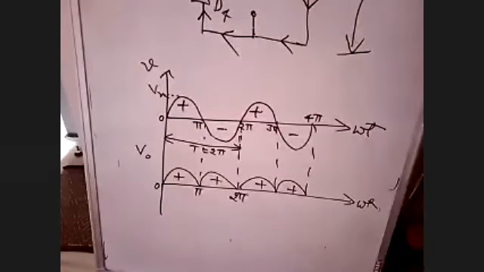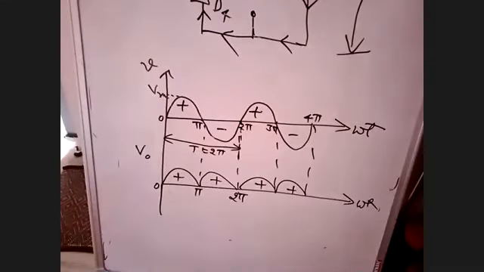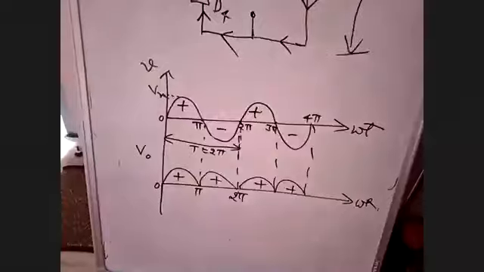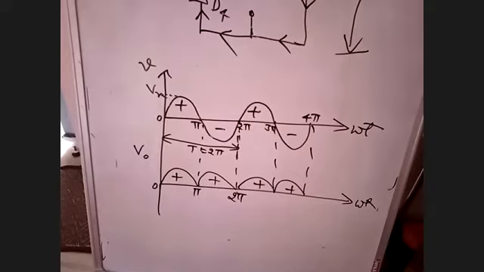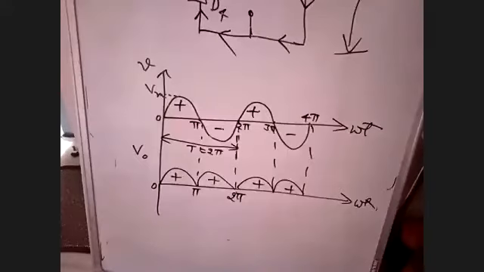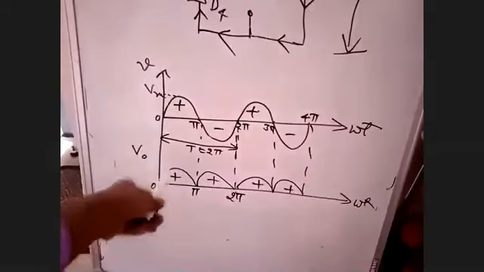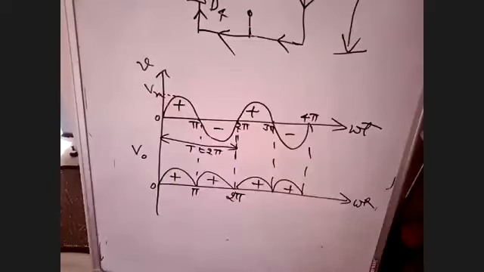The same cycle is repeated. So what is this output voltage, DC or AC? DC. Pulsating DC. We are having only one polarity. If we had two polarities, it would not be DC. It's not straight DC, I'm telling you. It's pulsating DC. See, pulses are there here. This is the pulsating DC.